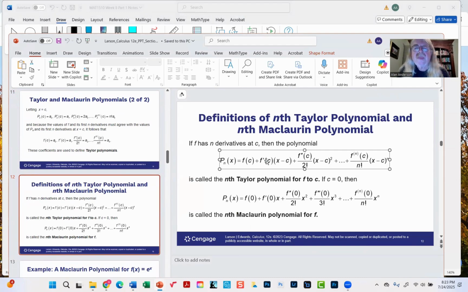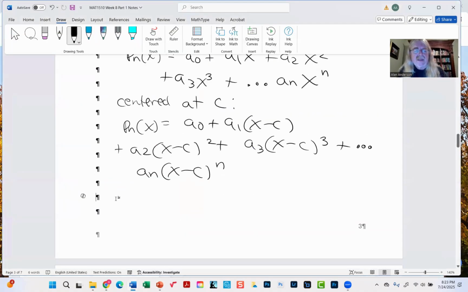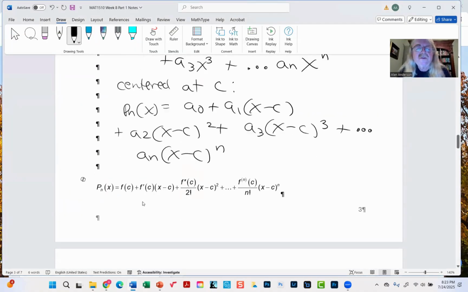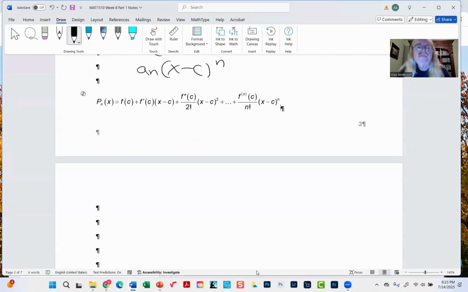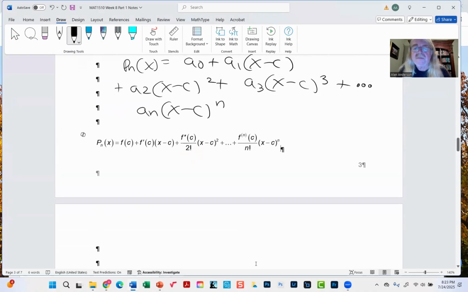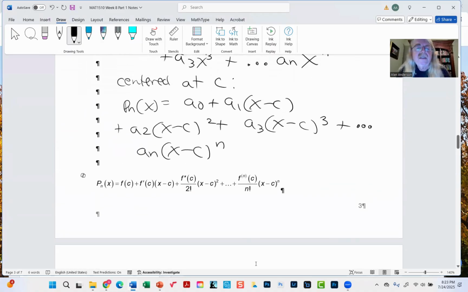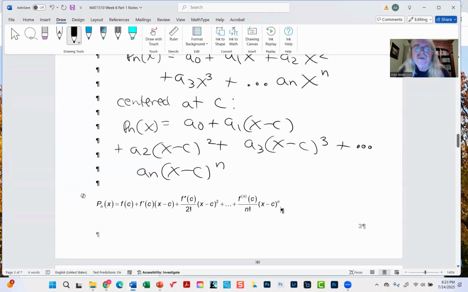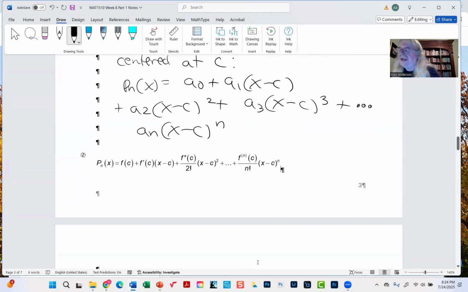So this is the nth Taylor polynomial, or the nth order or nth degree Taylor polynomial centered at C. Okay, and again, that's based on all the derivatives that we took. And so this is what we're actually going to use for our problems. And you can see that we've replaced the a's with the actual derivatives taken from the original polynomial. Okay, so this is our Taylor